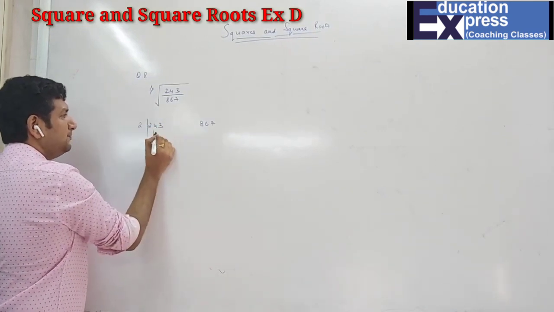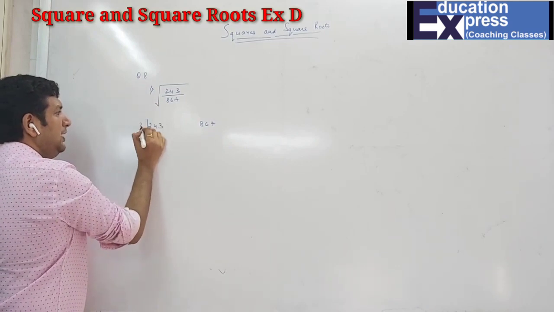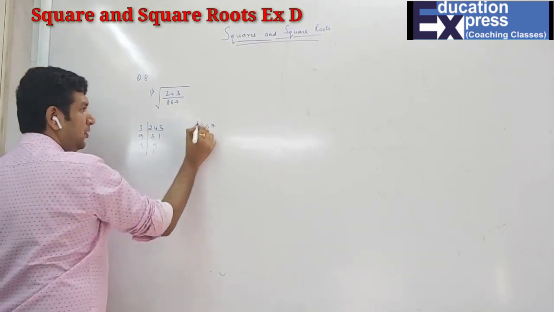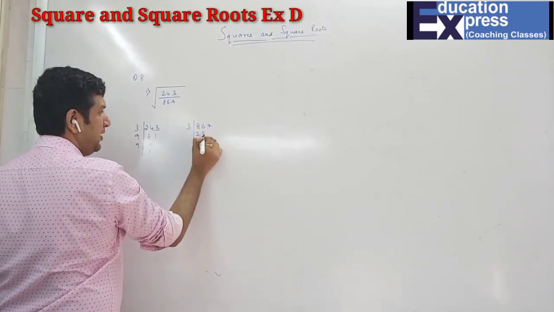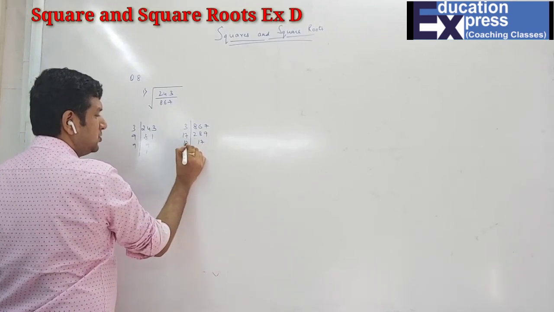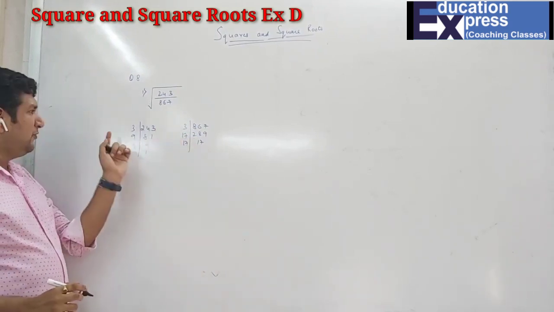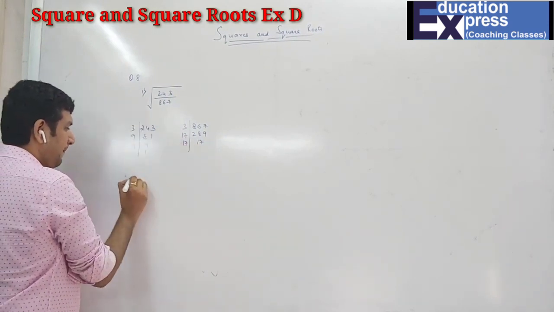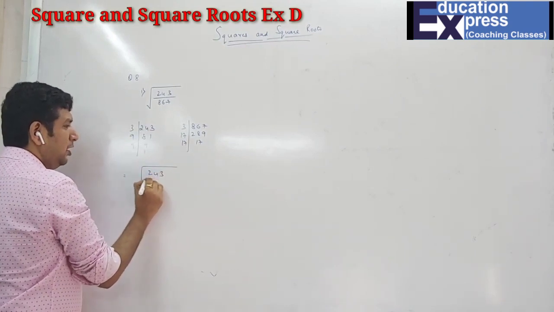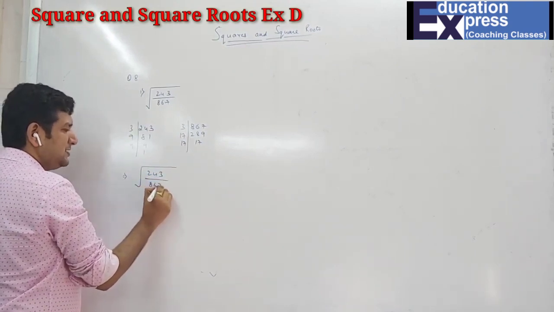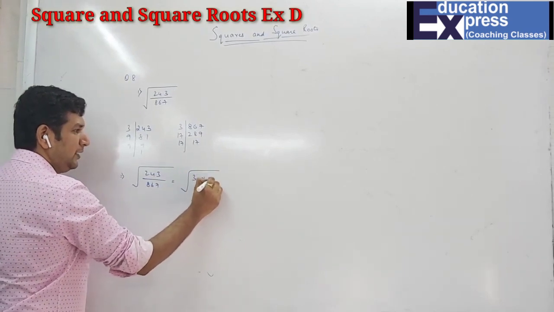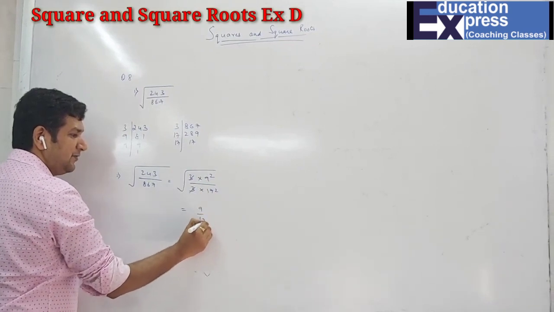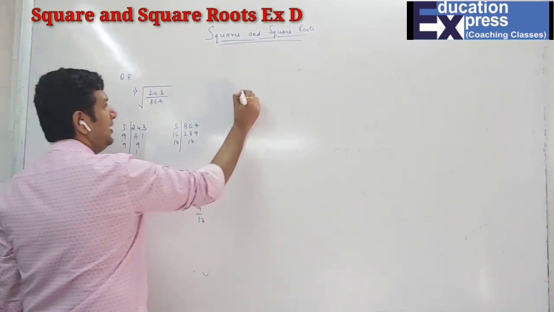So 243 is 3 times 81, and 81 is 9 times 9. So 9 square and 3 is extra. Here 3 twos are 6, 3 eights are 24, 3 nines are 27, and then 17 square. So students, you can see that both of them have a common factor of 3, and it's obviously not a square either. So how will I write this sum? 243 upon 867 equals 3 into 9 square upon 3 into 17 square. 3 will get cancelled. Square root, 9 upon 17 is the answer. In the same way, part 2 also.